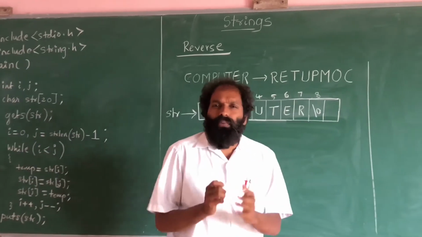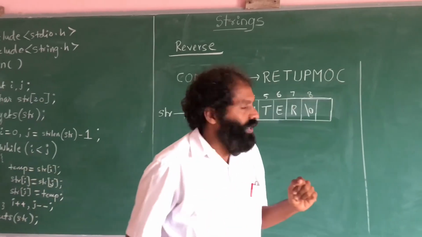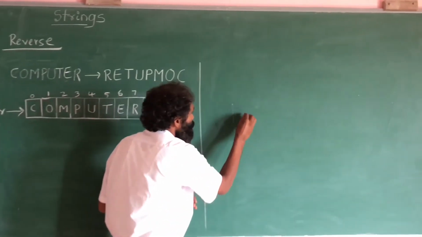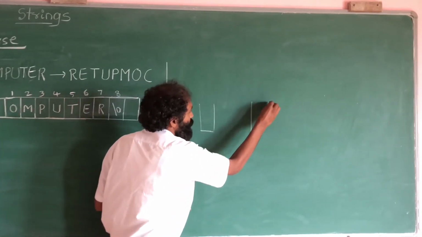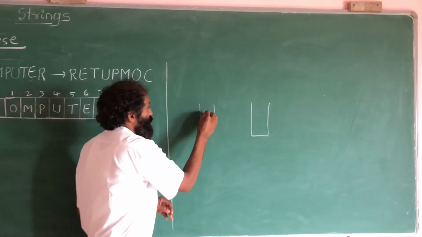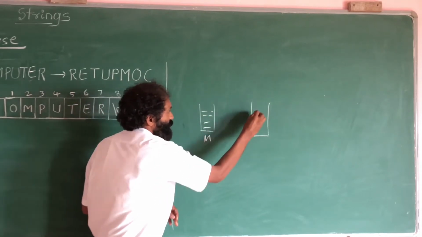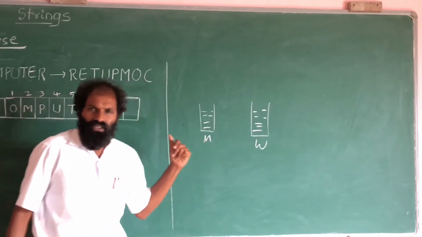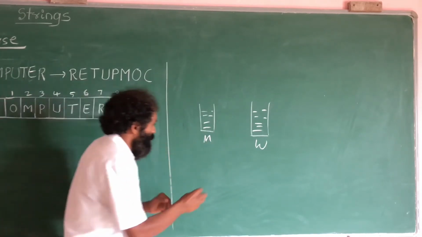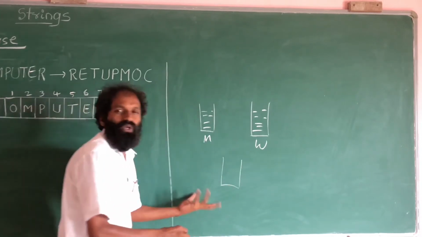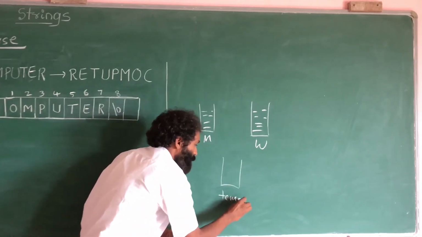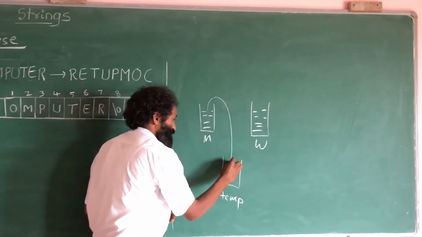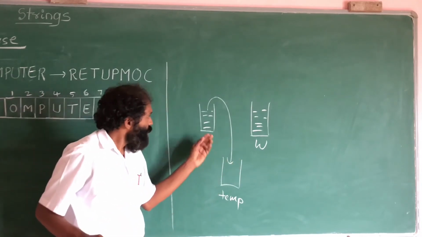Then how to swap two numbers or two characters? I will explain by taking a local example. Here, this is milk. This is water. You want to exchange this. So you need one more glass. Take this. You can call it a temporary glass. So this you need to put here first. This milk you have to put here.